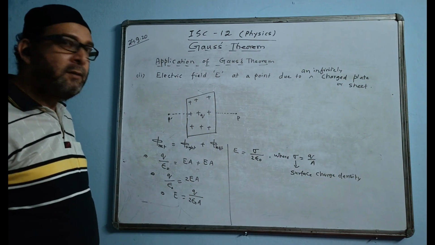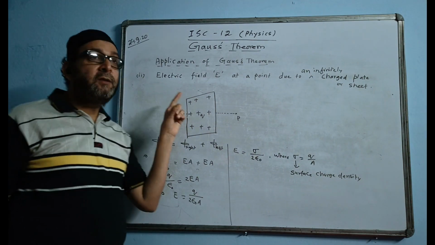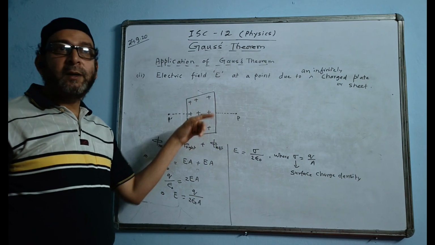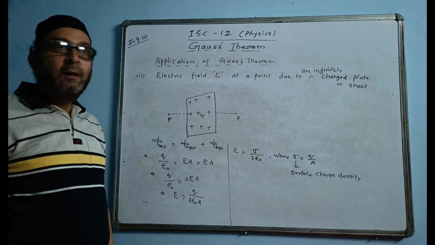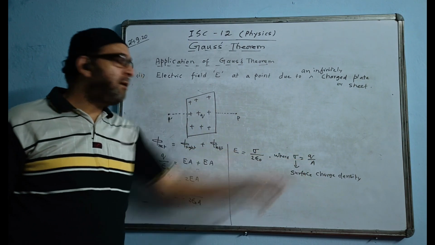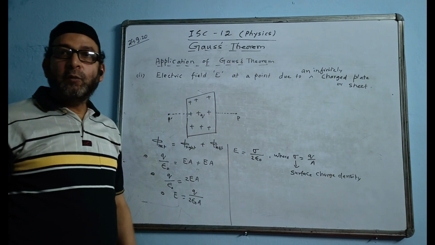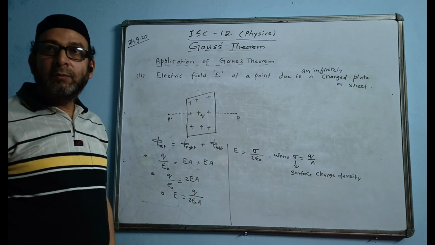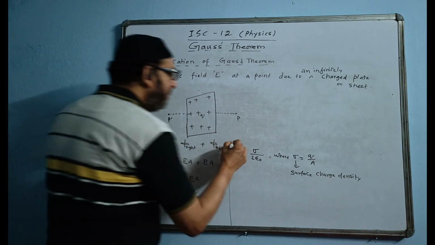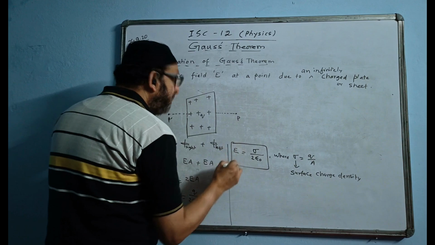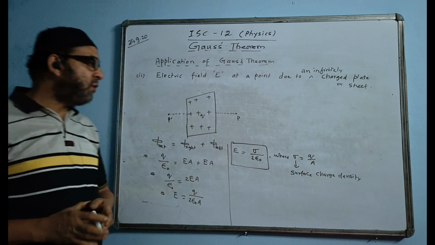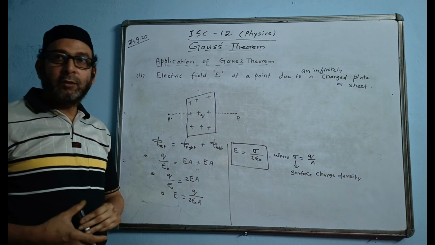And in the previous case it was linear charge density because Q was distributed over the length. So Q by L, and that was denoted by lambda. The lambda unit is coulomb per meter. And sigma unit will be charge upon area, and the unit will be coulomb per meter square. And this is the formula of a charged plate or charged sheet. The formula is E is equal to sigma by 2 epsilon naught.